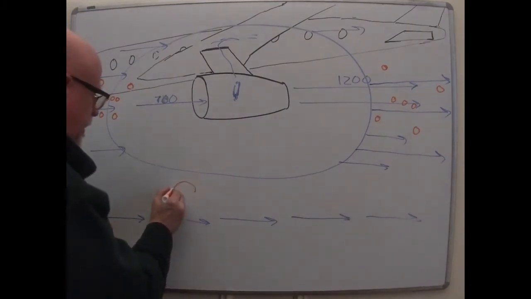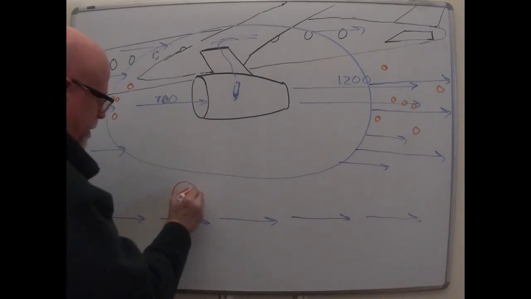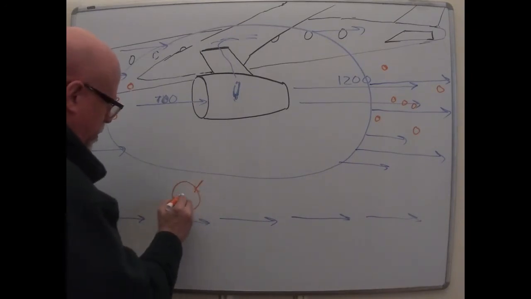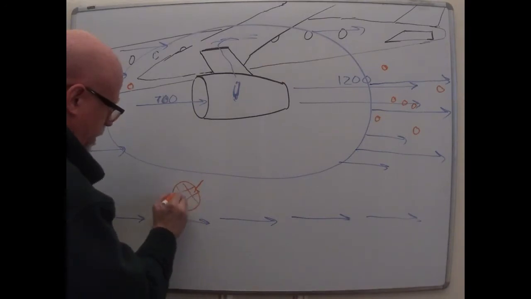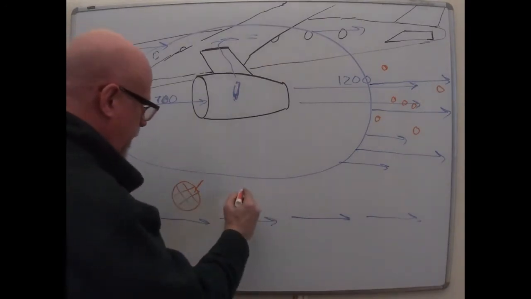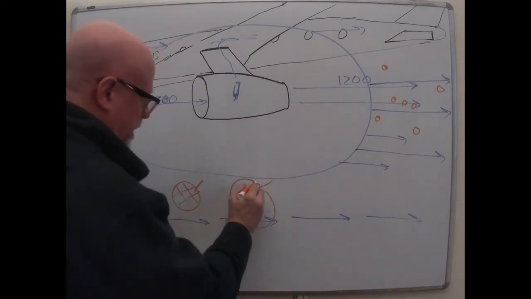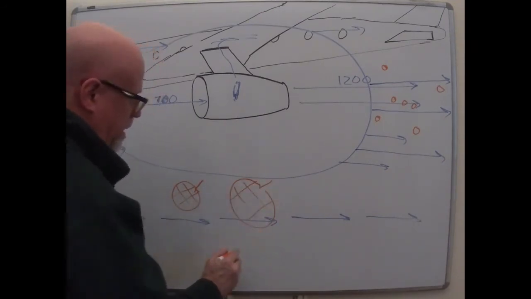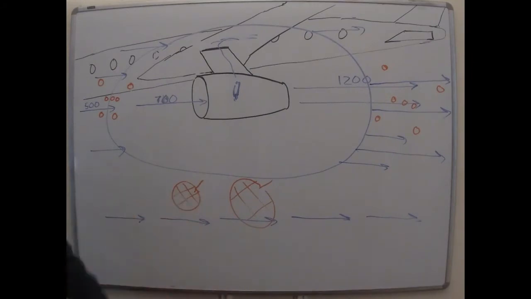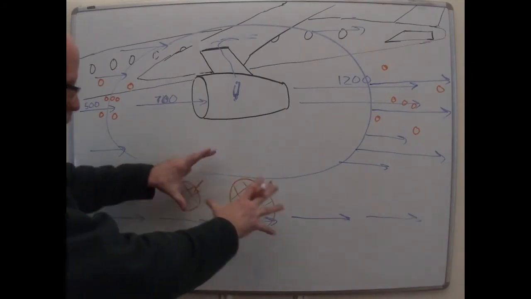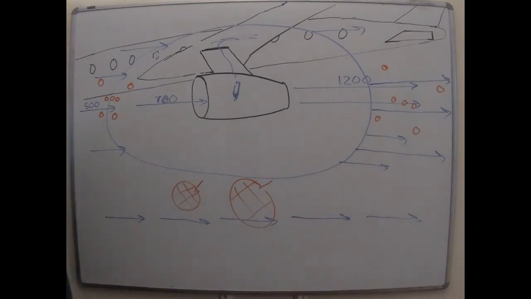Imagine you toss a net out, and here's the rope that you tossed it by, and so it's a net shaped like that. And a little bit later, it's a much bigger net. The net has expanded. If you see that, you're talking about divergence. If a bunch of test points in the flow move apart from one another, that's divergence.